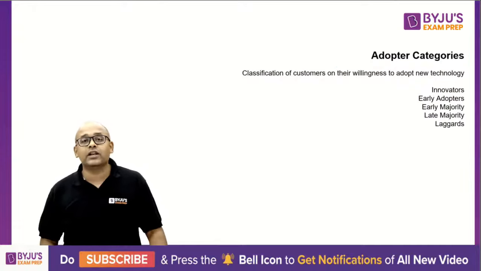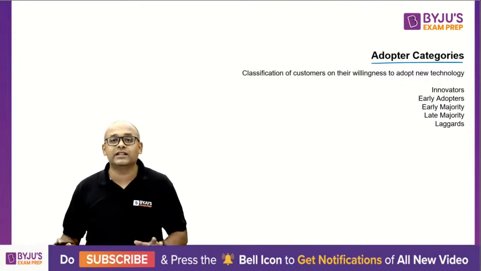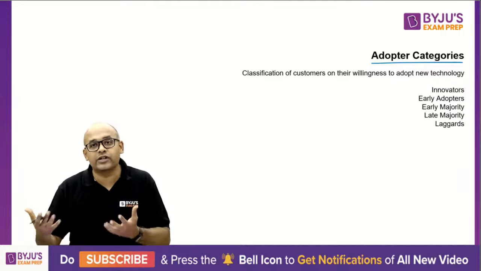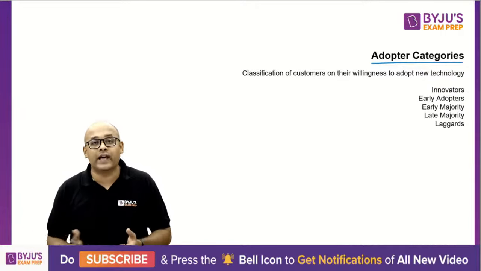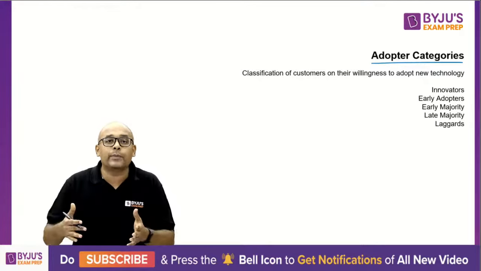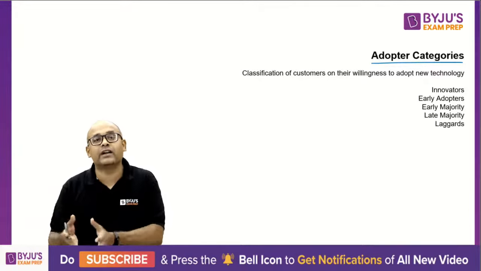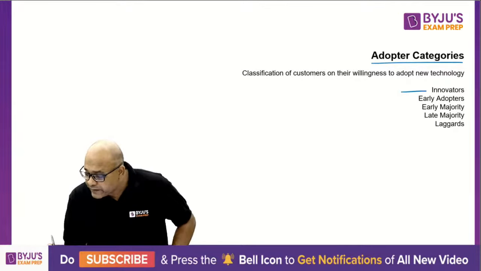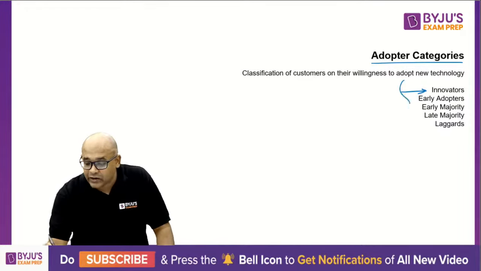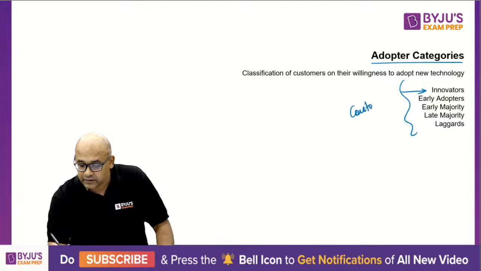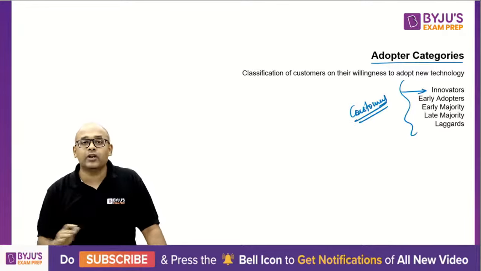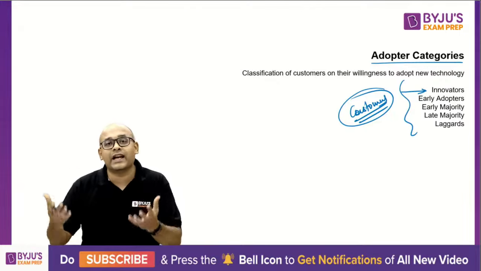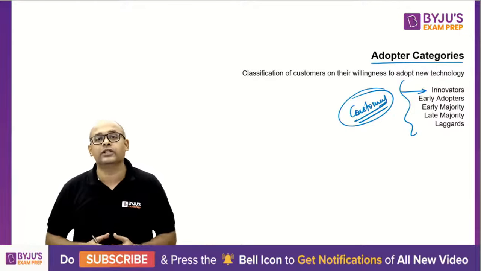Okay, so these are called adopter categories. These are the people who understand or slowly adopt the technology, innovation, concept, or idea over a period of time. But depending upon when they adopt, they are given this classification. So you'll understand when I explain each one slowly. The first one is called innovators. Now remember, these are your customers. Please remember, these are not entrepreneurs or anybody. These are classifications of customers, the people who will understand and accept the technology. They are classified into these 5 categories.